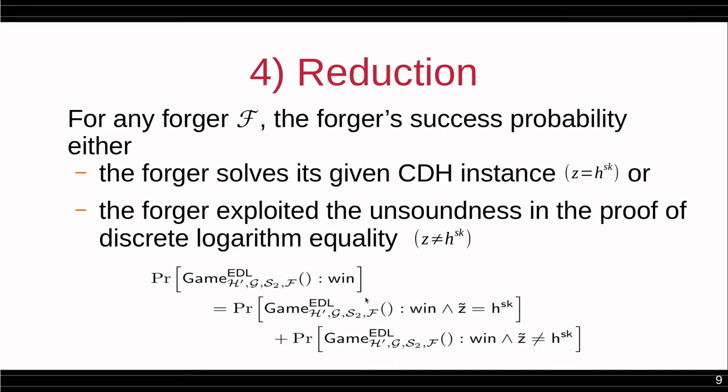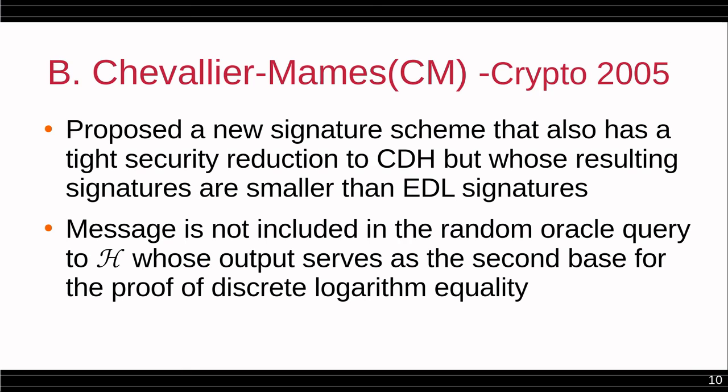Now we show in this step the reduction. Here we prove that the forger's success probability falls into one of two cases. Either it solves the CDH instance or it exploits the unsoundness in the proof of discrete logarithm equality, which happens with a low probability. So the second scheme that we formalized is the Chevalier-Mann scheme, but the resulting signatures are smaller